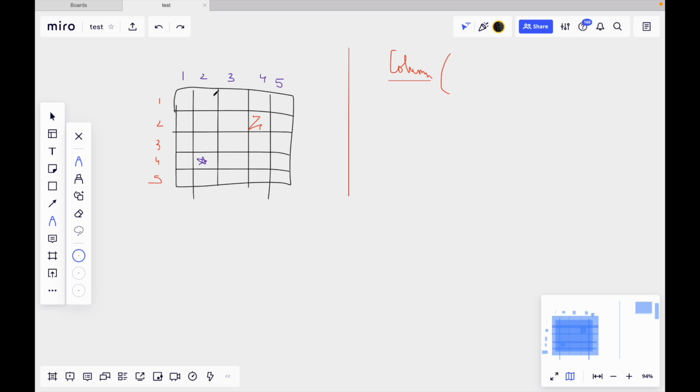I'm just considering its movement along the columns. So how many columns does the robot have to move? In how many ways can this robot move, and how can we calculate that? This robot can actually move in two ways. First, it will always go in this direction.